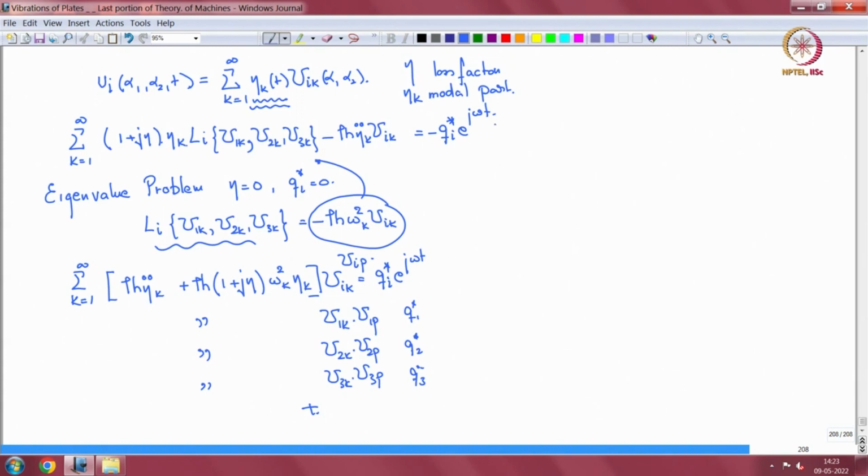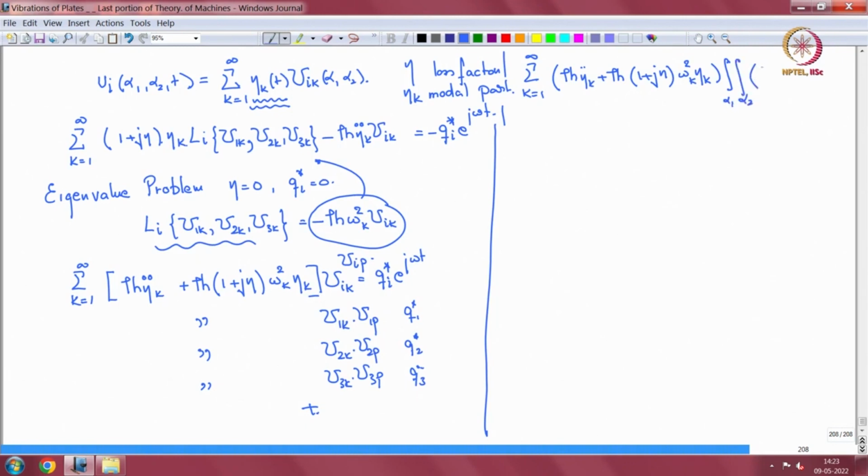When we do that, we get the summation over k going from 1 to infinity of rho h eta_k double dot plus rho h 1 plus j eta omega square k eta_k and the integral over alpha 1 alpha 2 of u1k u1p plus u2k u2p plus u3k u3p, A1 A2 d alpha 1 d alpha 2,